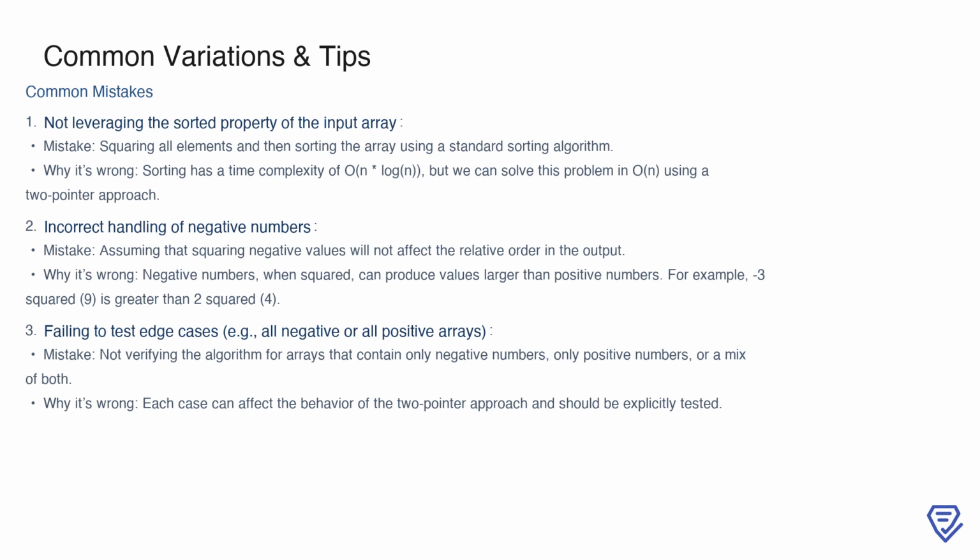Another common issue arises with negative numbers. Squaring negative values can produce results larger than squaring positive numbers, which can disrupt the ordering if not handled correctly. For example, squaring -3 gives 9, which is greater than squaring 2 to get 4. Finally, edge cases like arrays that are entirely negative, entirely positive, or even empty are often overlooked. These special cases can affect how the two-pointer approach works, so testing thoroughly is critical to ensure correctness in all